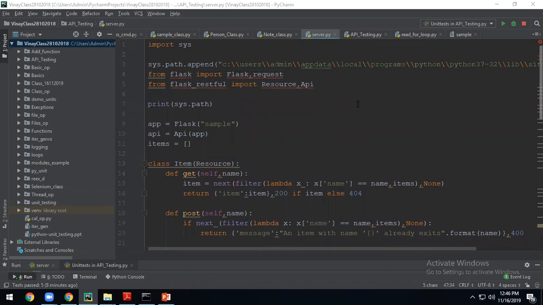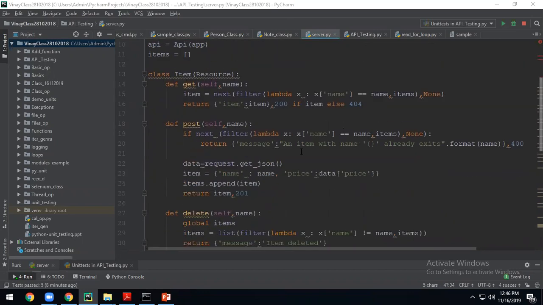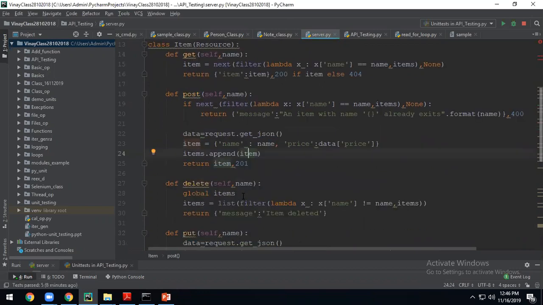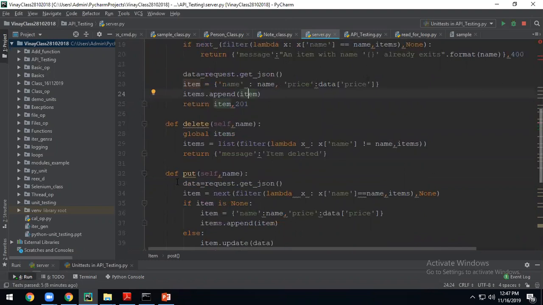I think you got the purpose of what we are trying to do. So now API testing is the same thing. You do a post and check whether the resource is successfully created or not. After that you do a get or put, whatever you want, you can do it. You can ask me if you have any questions. I'm done with the things.